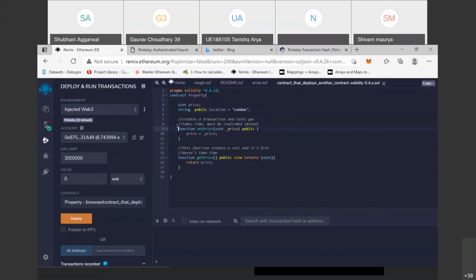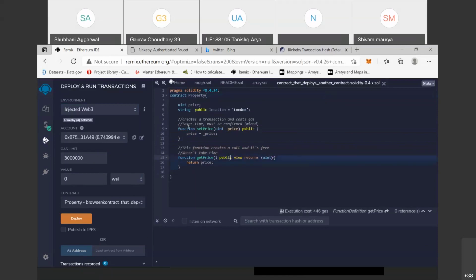In the set function, we have updated the values, so here we created a transaction. Here we just create a call. As already mentioned, a transaction costs some gas, takes time, and must be confirmed. Here, this function creates a call and it's free, it does not take time.